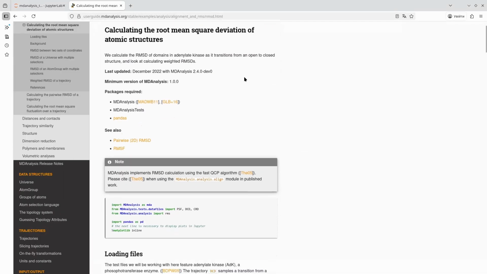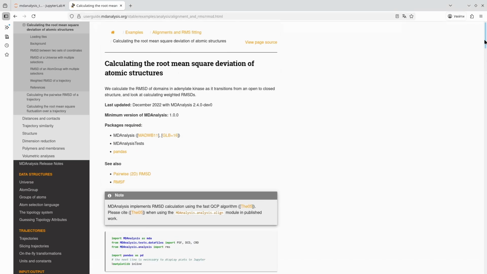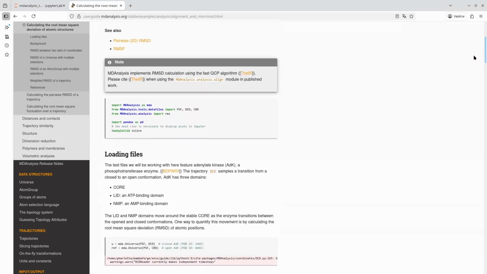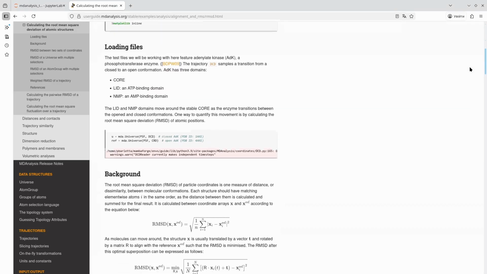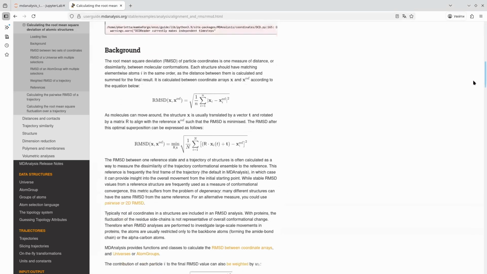This video is aimed to give you a basic introduction to the RMSD calculations with the MDAnalysis library. Even if you are new in structural bioinformatics, you may notice a certain similarity in formulas of root mean squared deviation and the standard deviation from statistics. The difference between them lies in what they measure. The standard deviation measures the spread of your values around the mean value of your dataset, and the root mean squared deviation measures the deviation of your atomic positions at some specific time point from the atomic positions in the reference